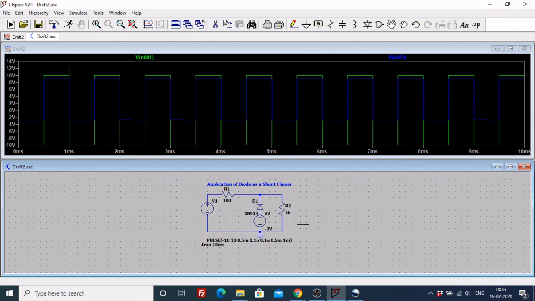We've done 4 different circuits. First thing that we did was a positive clipper. We then went on to create a negative clipper and create 2 types of negative clippers using biasing. You can also do the same thing with positive clippers using biasing. So this is where we finished the second experiment, which was implementation of clipper circuits.